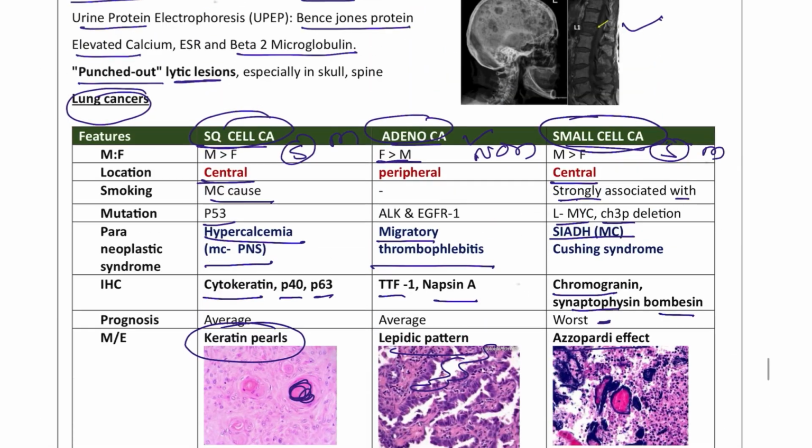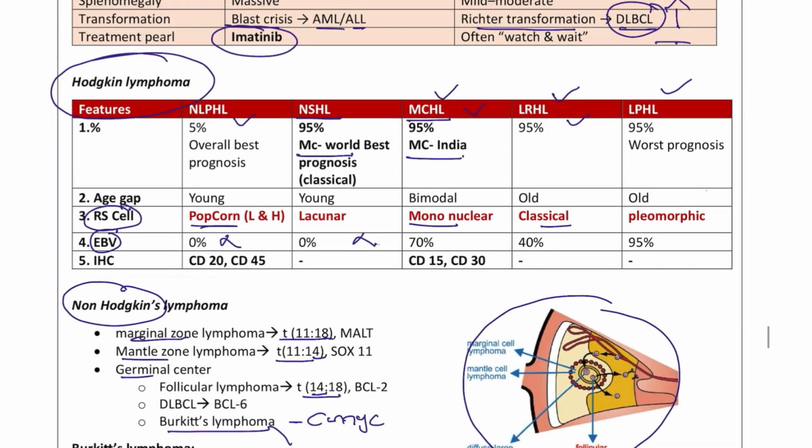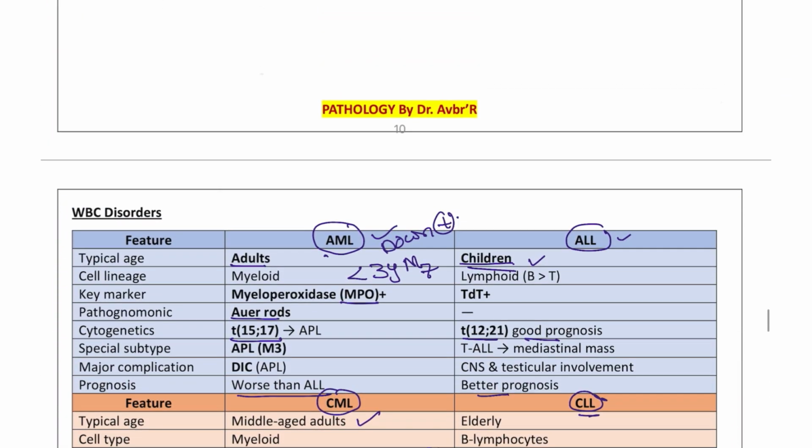These are some of the important topics that you have to take note of, and the remaining pathology systemic subjects will be discussed along with